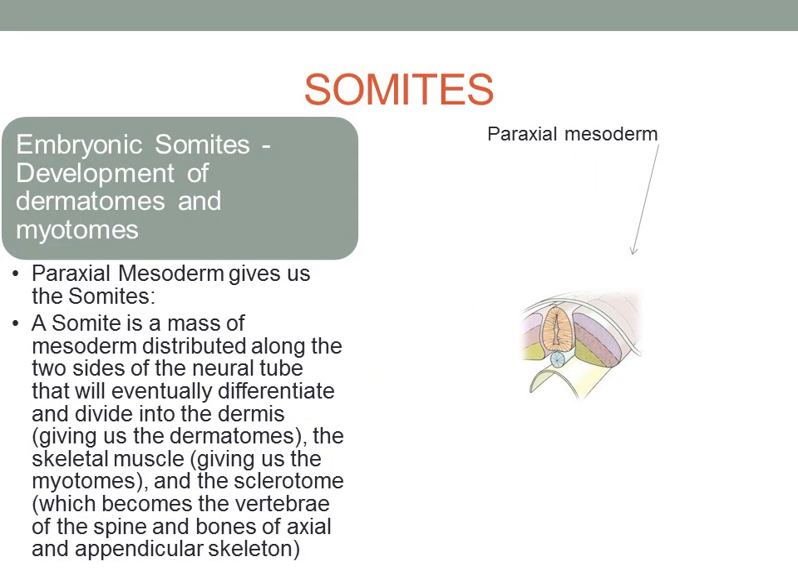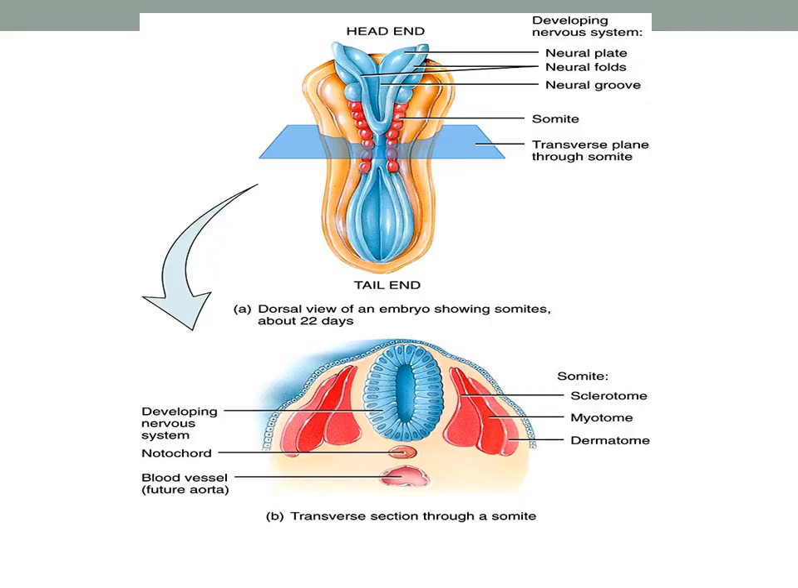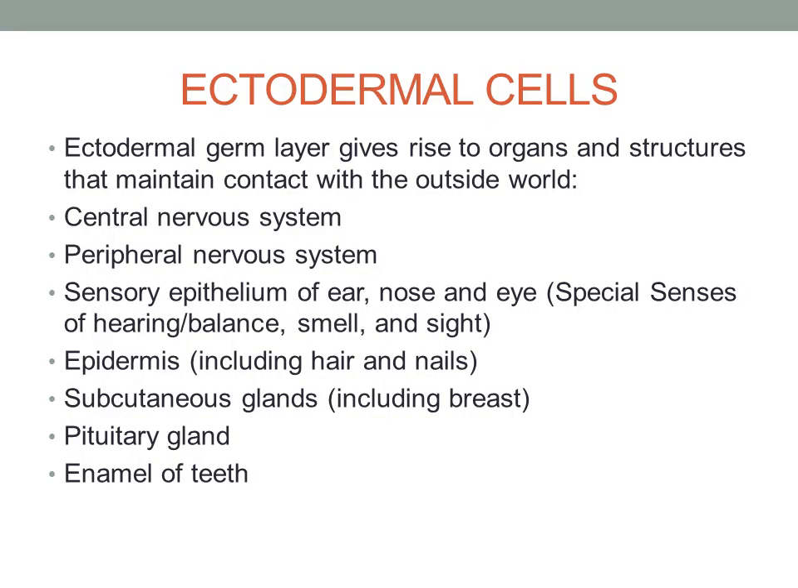Then simultaneously, while the neural tube is developing, and for those of you that have the PowerPoint presentation, recall that the sclerotome is closest to the neural tube. So that's the mesoderm. Meanwhile, back at the ectodermal cells, the ectoderm and the neural tube continue to enlarge and